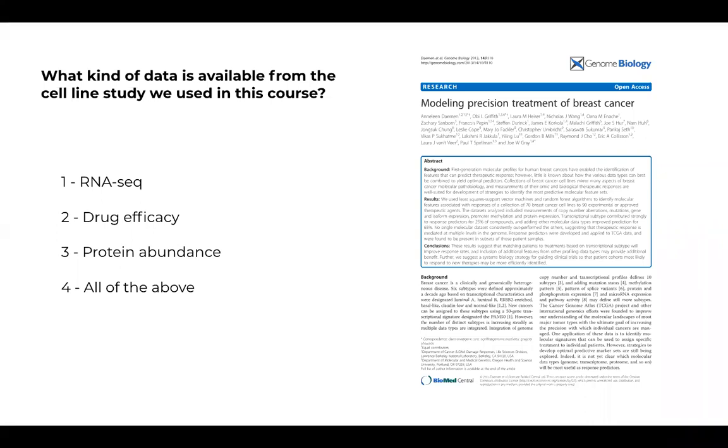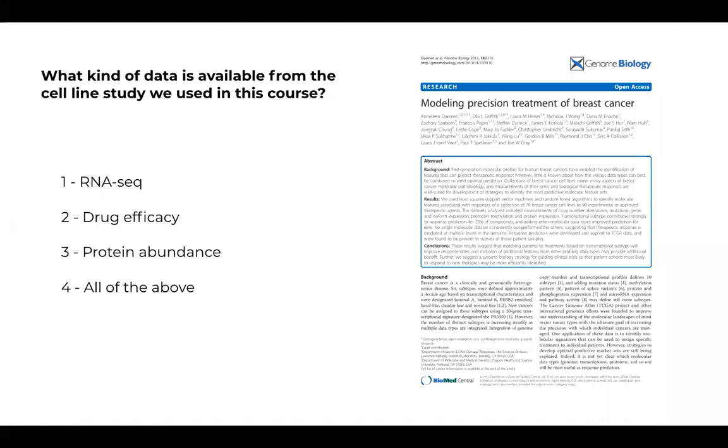Although we have shared this link several times to see this publication, it's a big publication. Any guesses? I think RNA-seq is obviously we used RNA-seq, and then I did talk about GI50 value, because